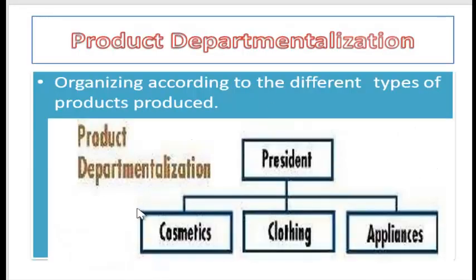Now you can have a department on the basis of what product you are selling. Okay, because we have different types of products maybe. So you have a president, then you have cosmetics, the cosmetic department, the clothing department, the appliance department. Okay, like we have in case of our college, there could be the computer applications, the MBA, the commerce, and other departments. So this is about what kind of product we are selling in case of a company, or what we are teaching in case of a college.